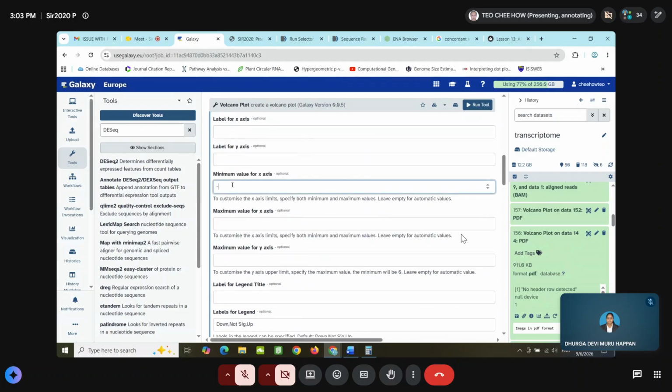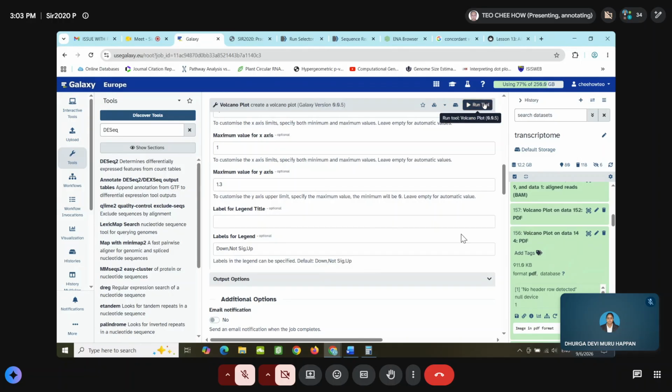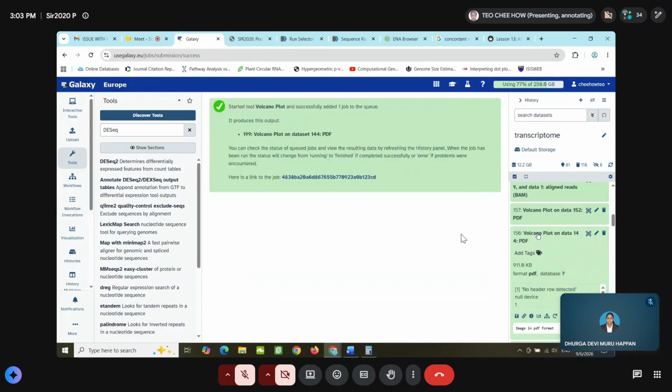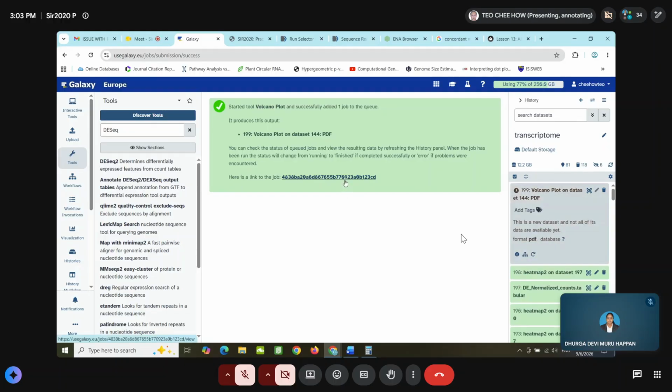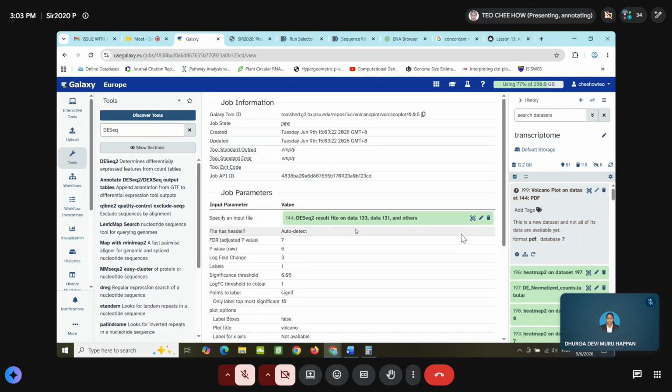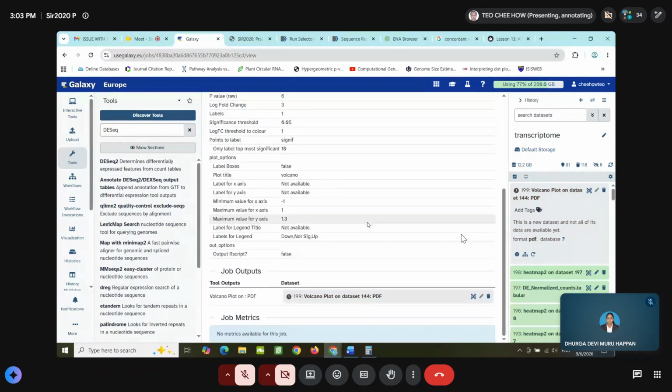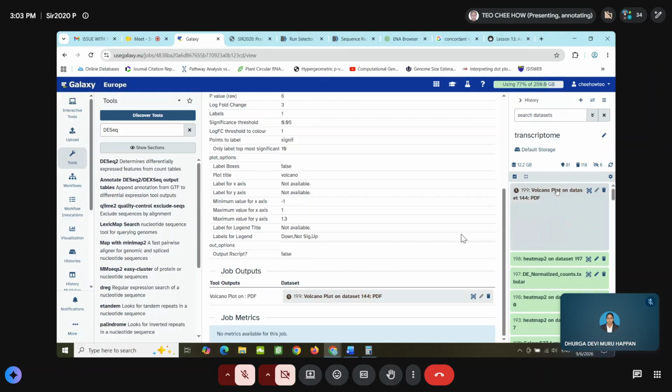Minimum number -1, 1, 1.3. So we run. Oh, I guess maybe I have to wait to generate it.